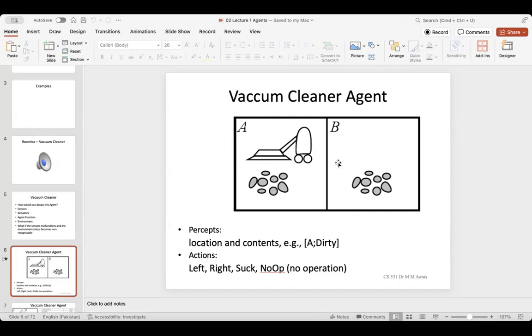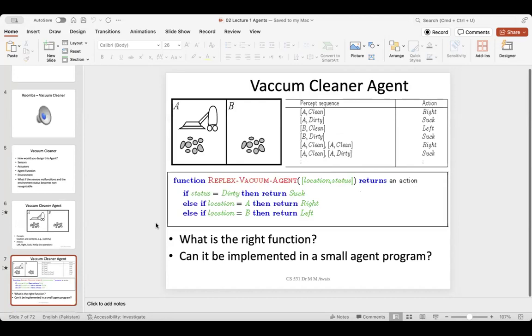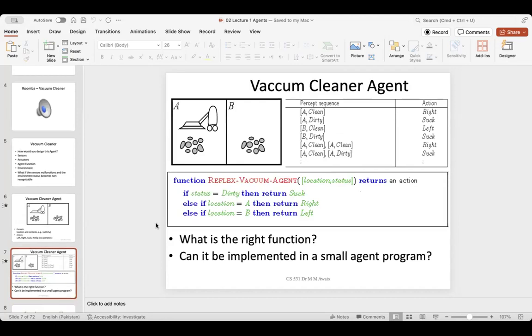And if both the rooms are clean, then the robot could actually just sit in a room stationary with no operations being carried out. Okay, so this is what we saw last time,